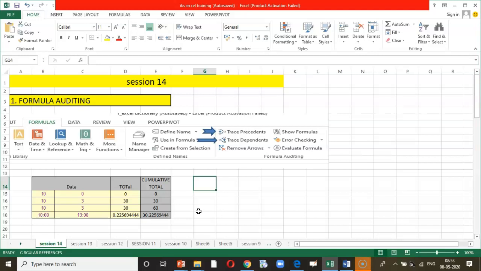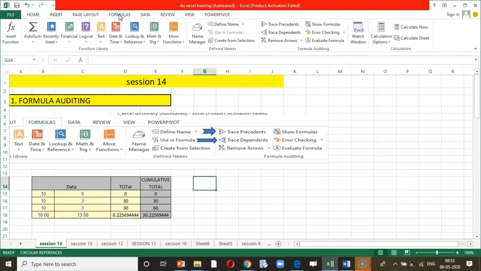So consider this Excel sheet wherein you will be clicking upon formula and you can observe the formula auditing bar under the formula tab.